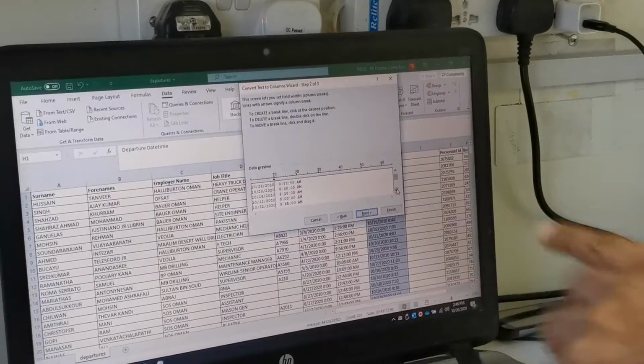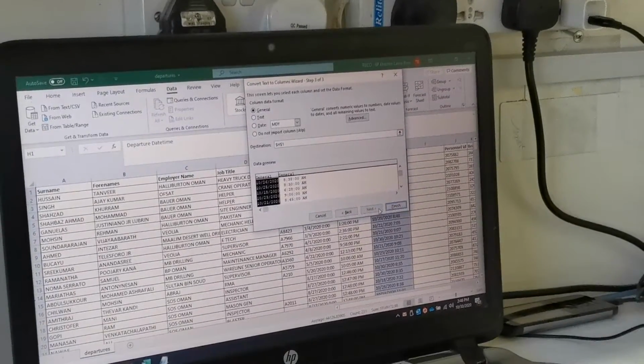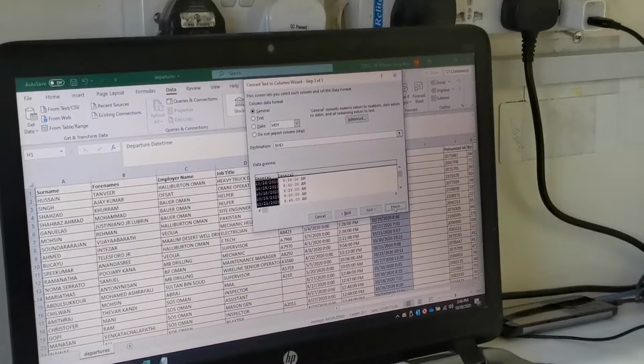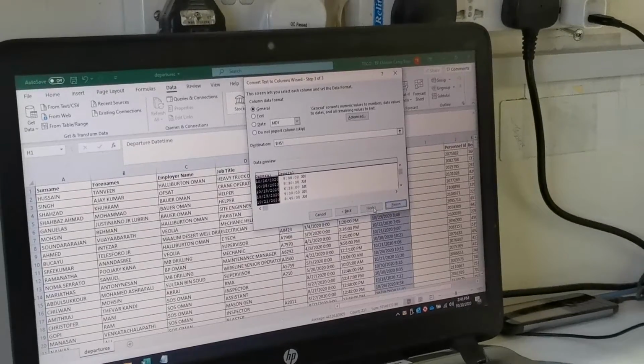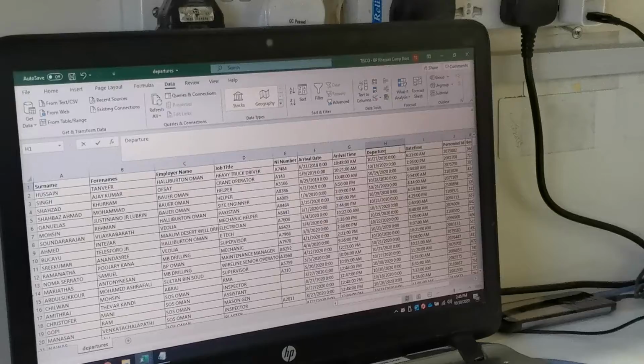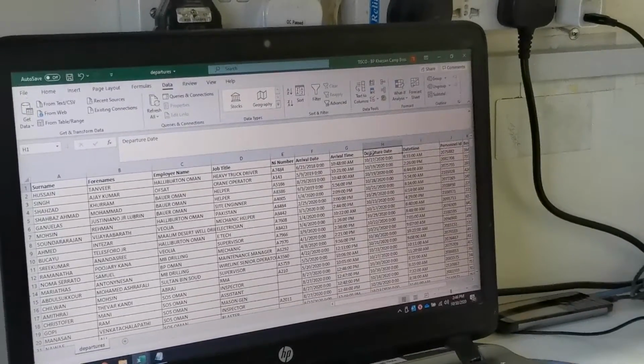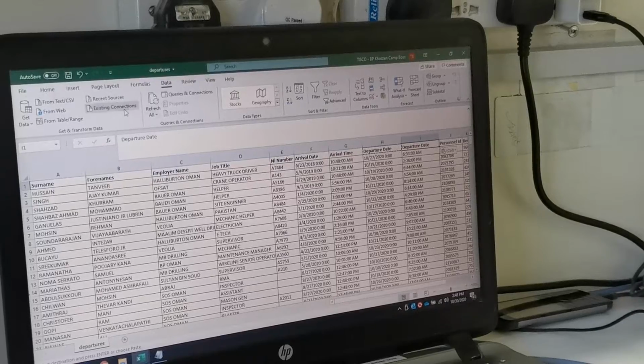It's all separate. Do not mix date and time, otherwise you cannot do it. So all is separate already. Then two times click next, then finish, then OK, it will separate. Now departure date and departure time.